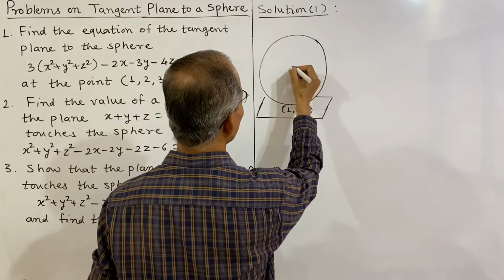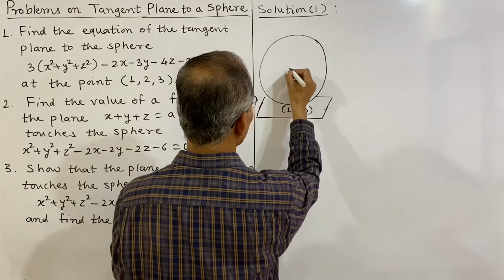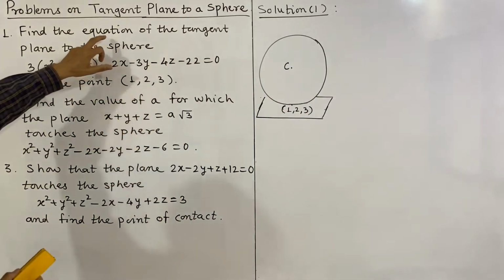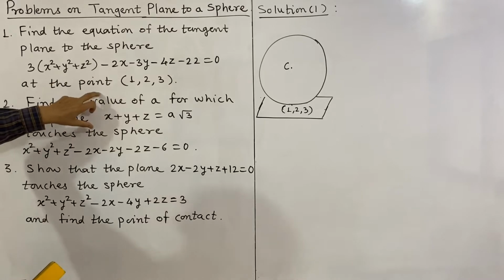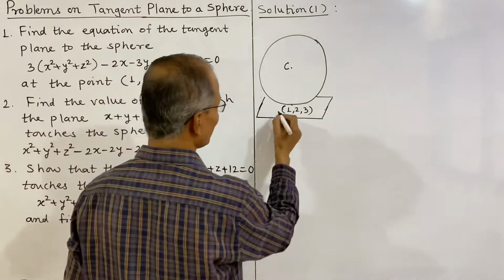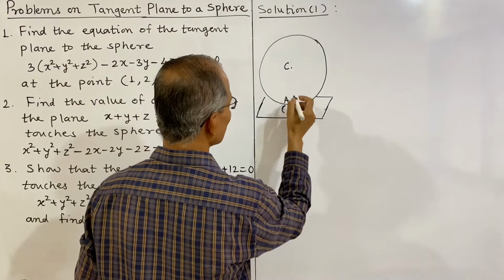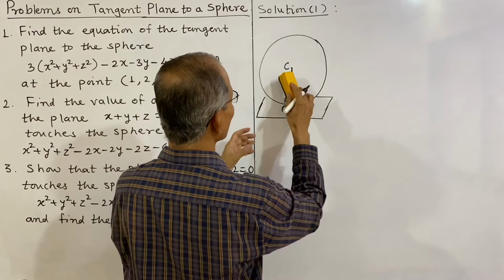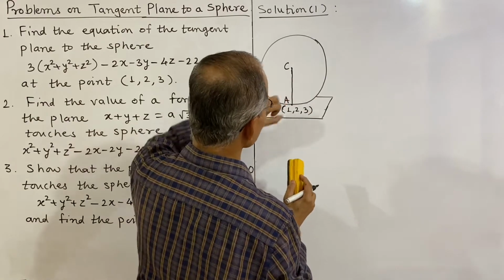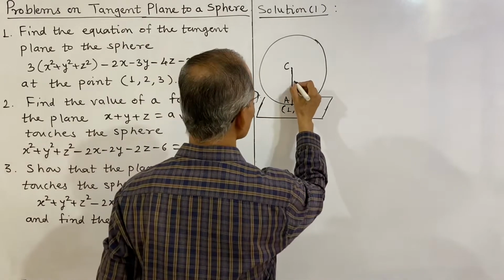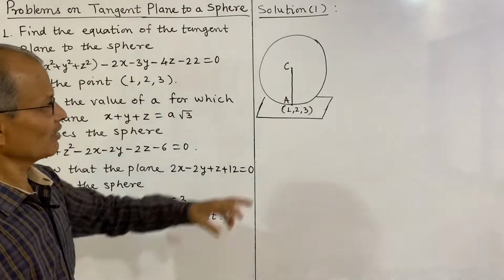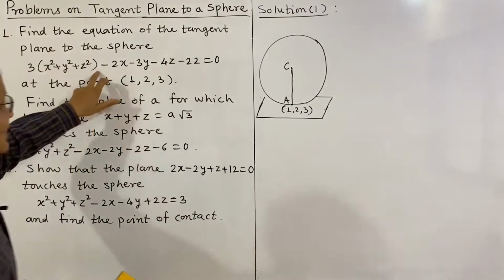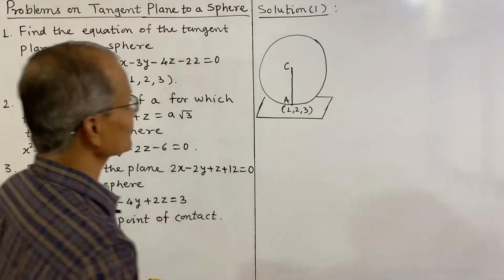First we shall obtain the center and radius of the sphere. Why? Because we have to find the equation of the tangent plane, and if this is the point of contact, which is A, then the distance from the center to the point of contact must be equal to the radius. That is the condition of tangency, and therefore this is equal to R. And for that purpose we obtain the center and radius of the given sphere. So, the equation of the sphere must first be expressed in general form. So, the given sphere is